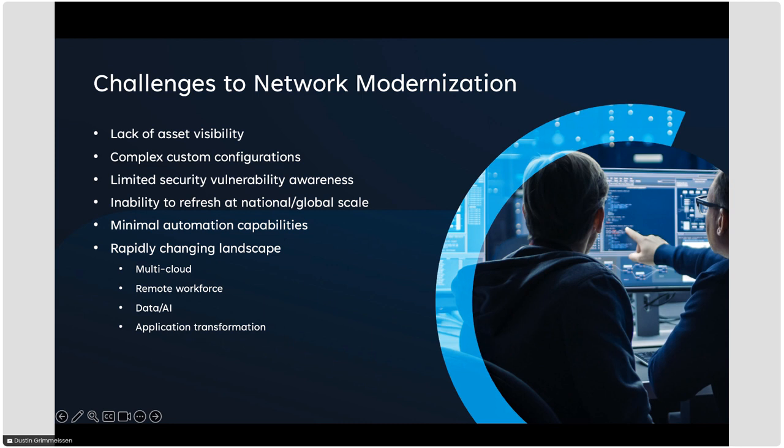We see limited visibility into security vulnerabilities that might apply to the assets at scale. And then the general inability from a resource perspective to take on large scale refreshes at a national or global scale.